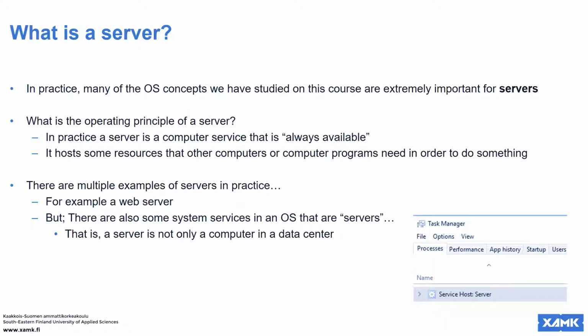So the full name of this course module is actually Operating Systems and Server Environments. Now, the last assignment on this course is actually about implementing a server, but we should still talk a little bit about servers and how they fit into the picture of these operating system concepts that we have been talking about. So first of all, in practice, many of these operating system concepts on this course are extremely important in